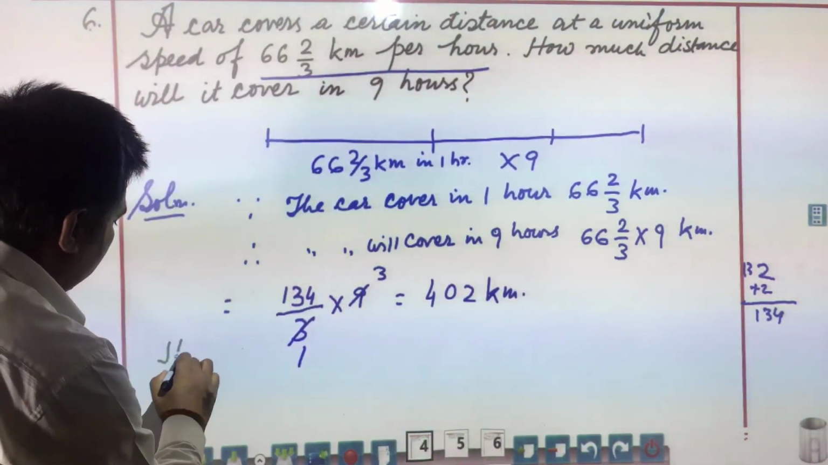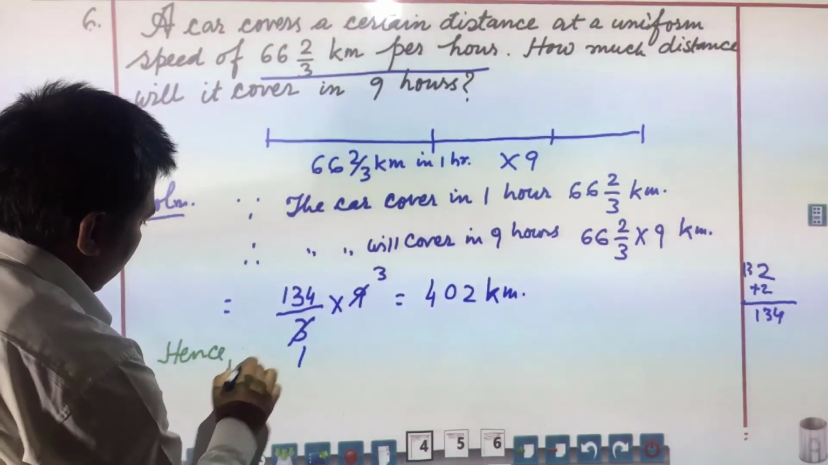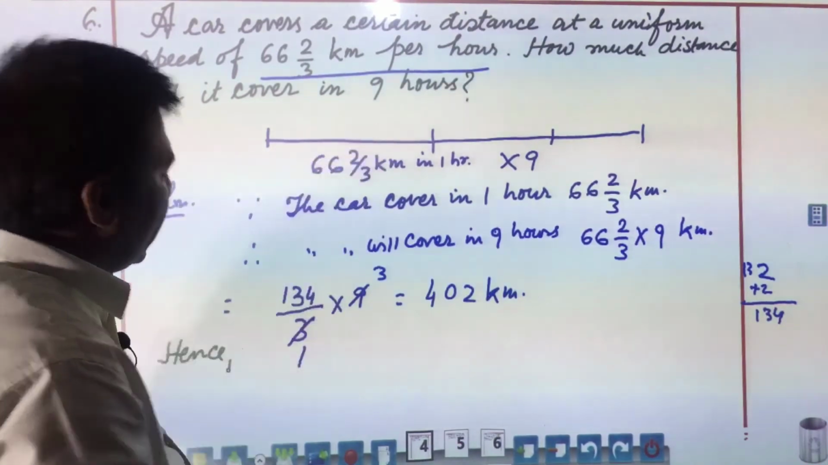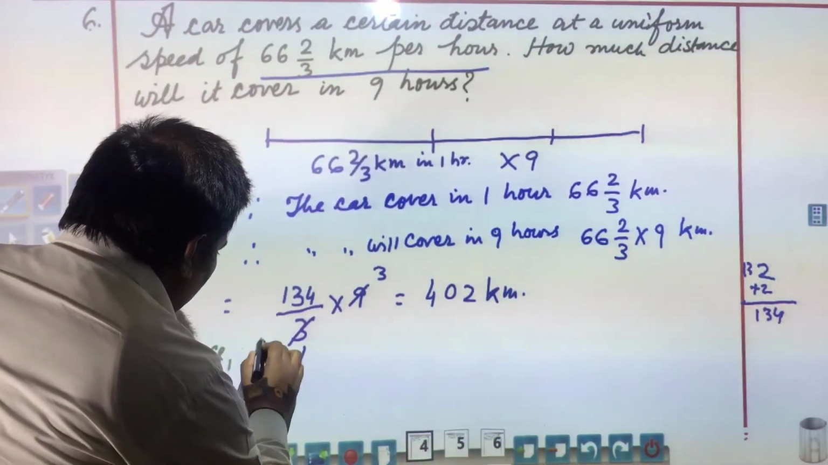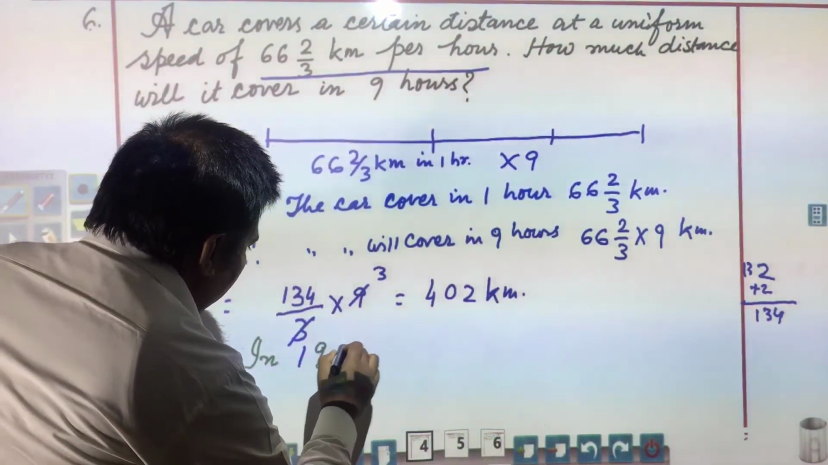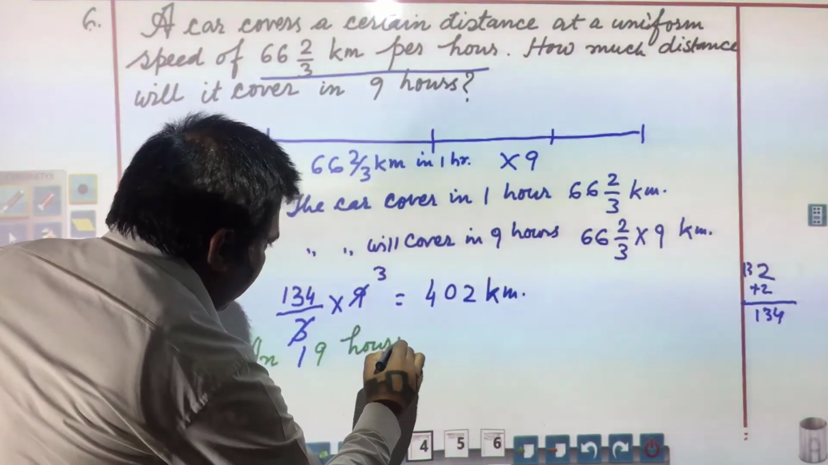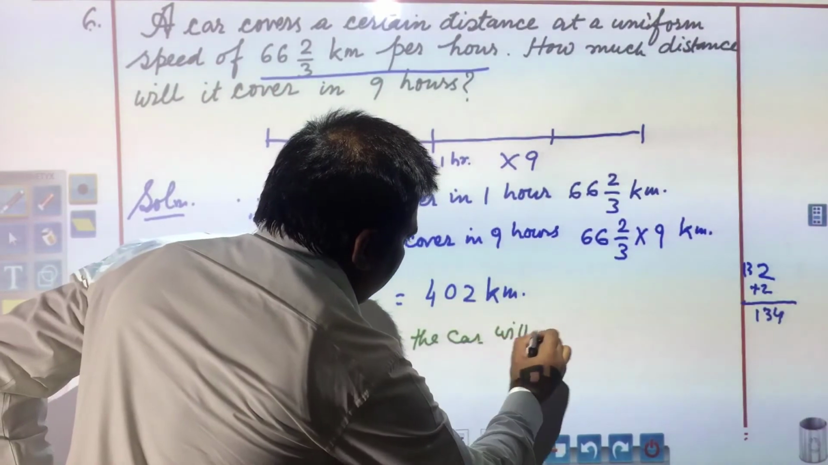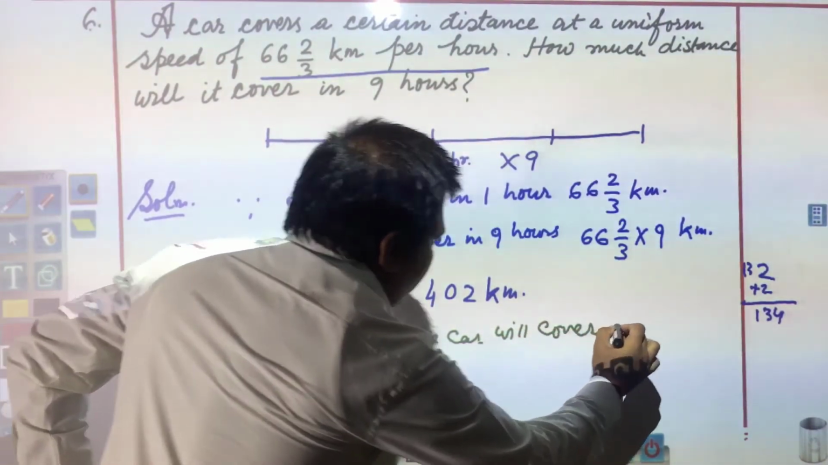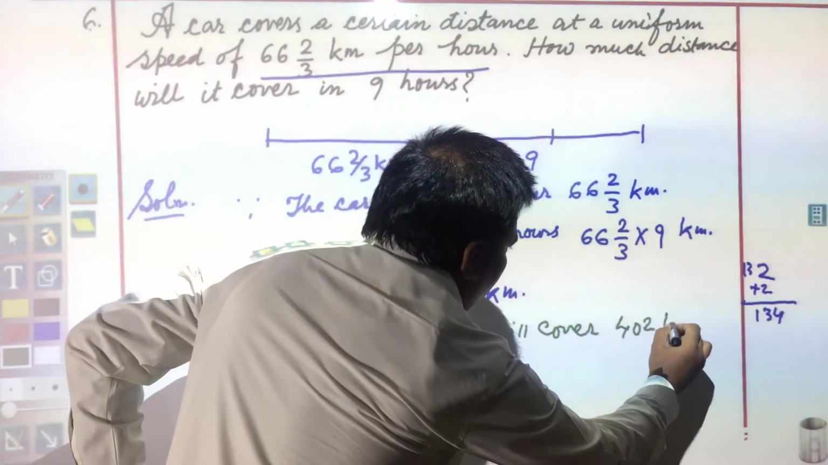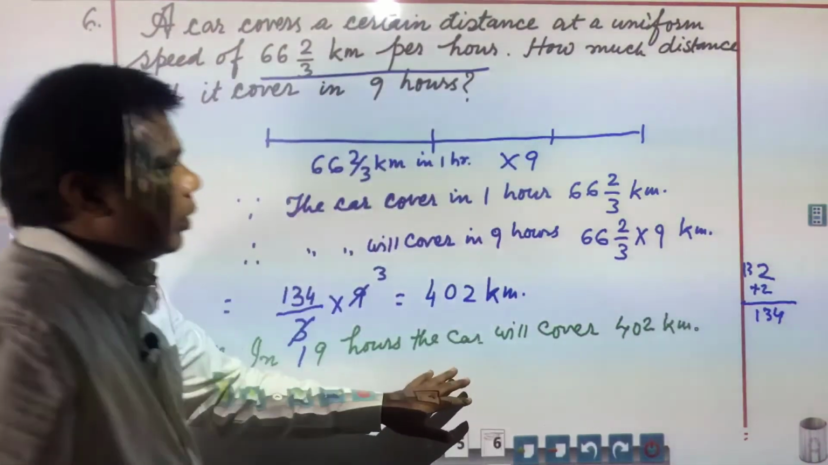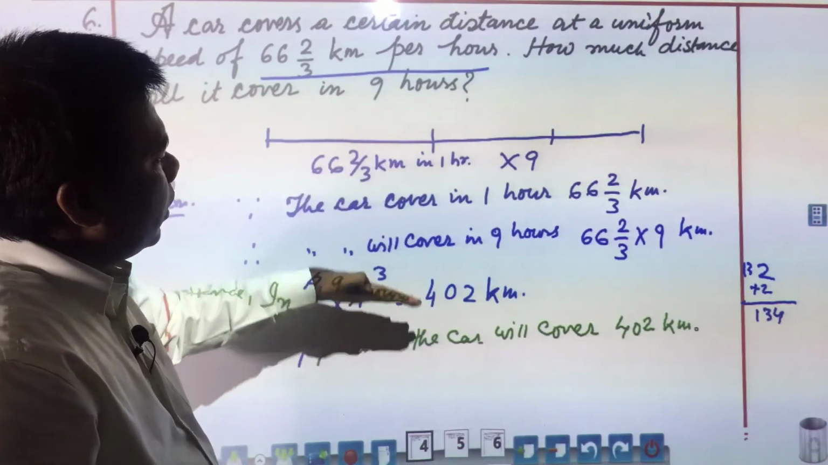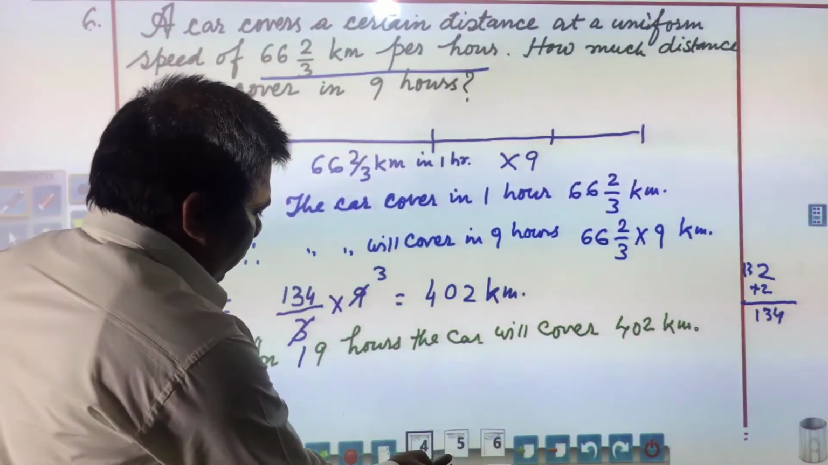Hence, how much distance will it cover in 9 hours? In 9 hours, the car will cover 402 kilometer. This will be your answer. So, in this way, this type of questions are required to be solved. Next question you see,